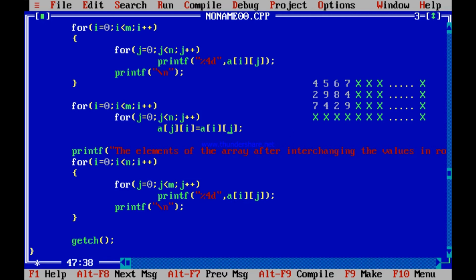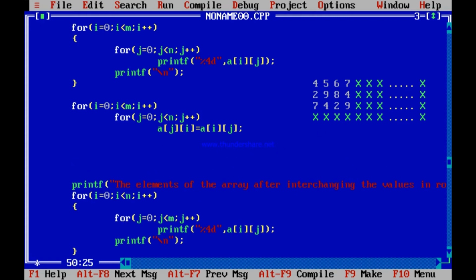A01, you copied A01 to A10. So A01, what is this? 5. Where have you copied it? Over here, 2. Your 2 is gone. This was 2. So just for your understanding purpose, I am writing it as a separate array. You have copied Aij to Aji.